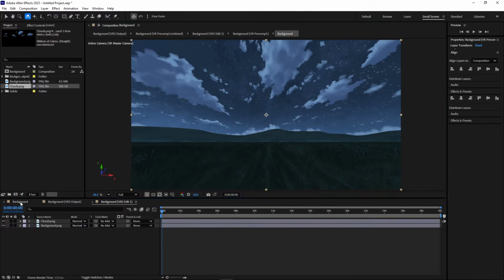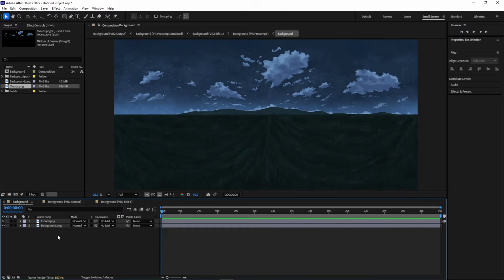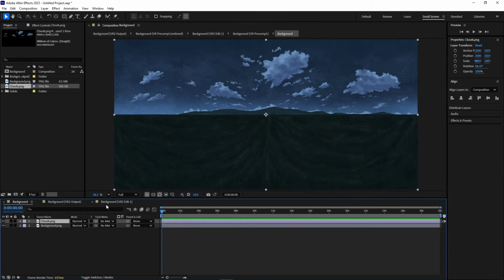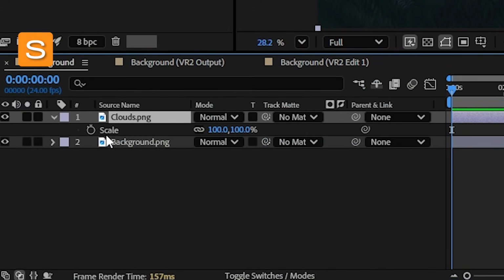I'll go back to the background composition I created earlier, and from here, I will make some adjustments to the clouds to add a parallax effect when we animate this later. I'm going to select this cloud layer and maybe adjust the duration to 10 seconds and go to the first frame and hit S on my keyboard to show the scale adjustment, and I'm going to click on the stopwatch